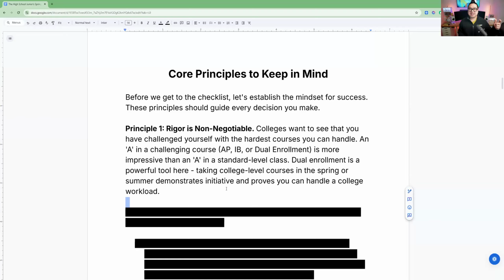Honors does count as rigor, but not every school will recognize it. Keep that in mind. Because we cross state lines, some people might not recognize your honors level courses. So that's why we recommend AP, IB, dual enrollment. Across state lines, they still recognize it. Across schools, they will recognize it as a rigorous course. That's why rigor is the most important.